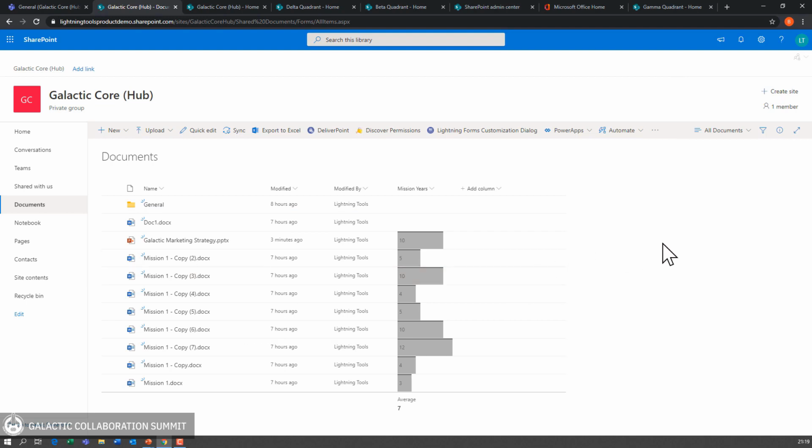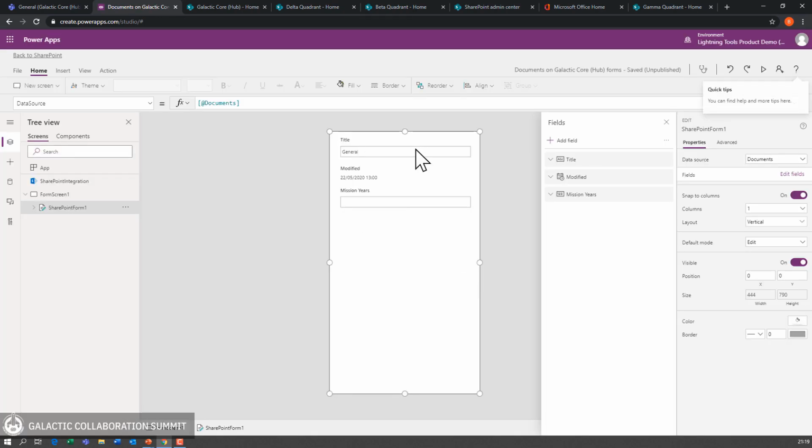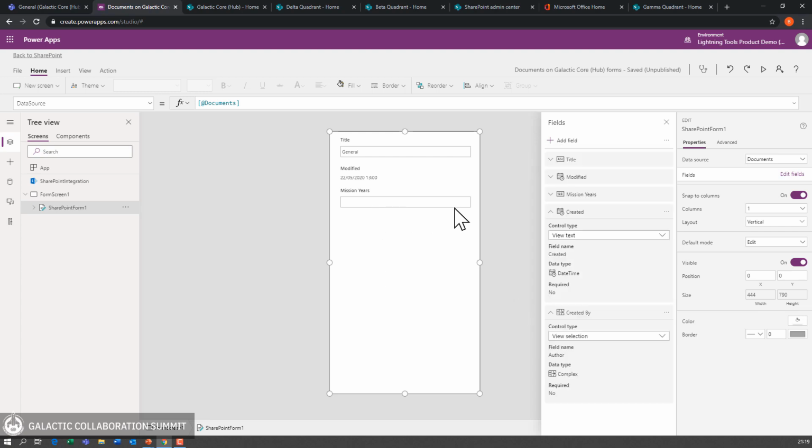The other thing we could do, like I said, is customize these forms. So to customize the forms, we can basically come into Power Apps, and under Power Apps, we've got the customize forms option. So this will launch the Power Apps experience. We've now got our panel displayed in here. So we've got the title, modified date, and mission years. Actually go through and choose add a field, so you can see a number of other fields that we've got. So I'm going to add the created and created by to my fields, to my form as well,